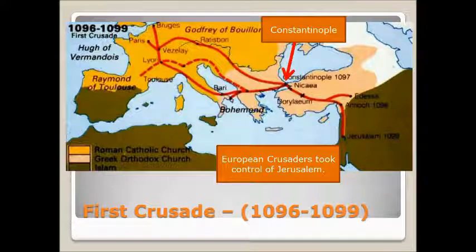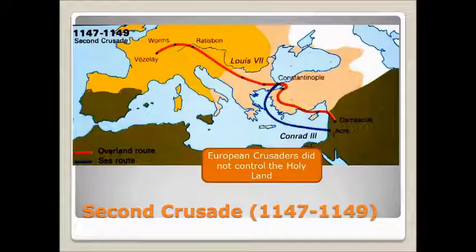However, after 50 years, Jerusalem, basically the Holy Land, starts to fall back into the hands of the Muslim Turks. And the next Pope, because remember this is over a couple hundred years, forms the Second Crusade. The Second Crusade, similar path. They meet in Western Europe, they meet up again in Constantinople, and they go to the Holy Land, but it's a failure. They do not control the Holy Land. They are soundly defeated, and they have heavy losses. So the Second Crusade was not successful for Christians.